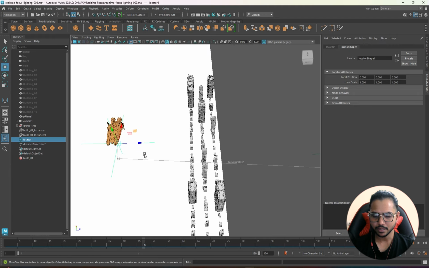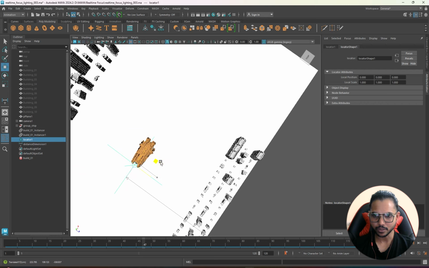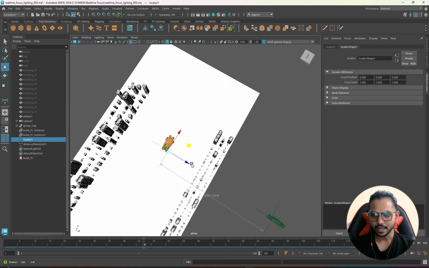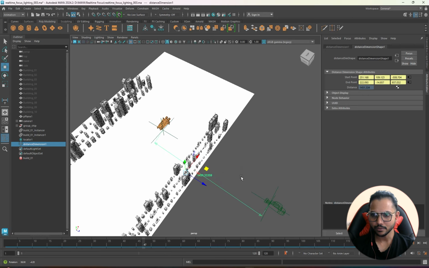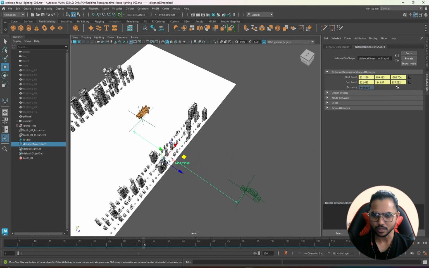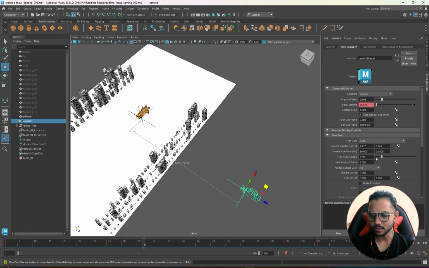So this will be used as the focus point shifter, and this will be the distance which we will be using as the focus distance from camera to any particular object. So first thing, to create the expression inside the camera, I'm going to select the distance dimension shape node, copy the name, and then go to the camera,